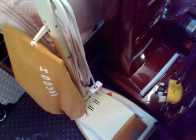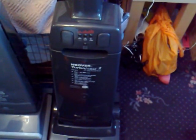Okay, so starting over here at the back on the left, I've got the Hoover Junior U1012 from 1976. Got the Hoover Turbo Power U2194 from 1985. The Kirby Legend 2 from 1991. Hoover Turbo Power Total System U2602 from 1991. Hoover Turbo Power 2 U2464 from 1993. And then back over here,